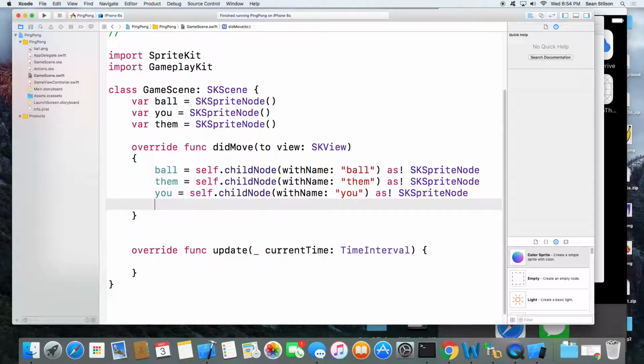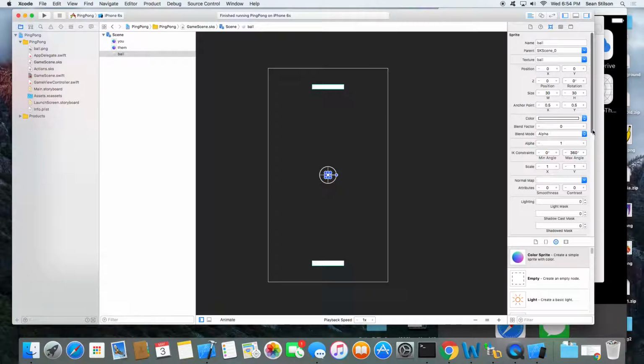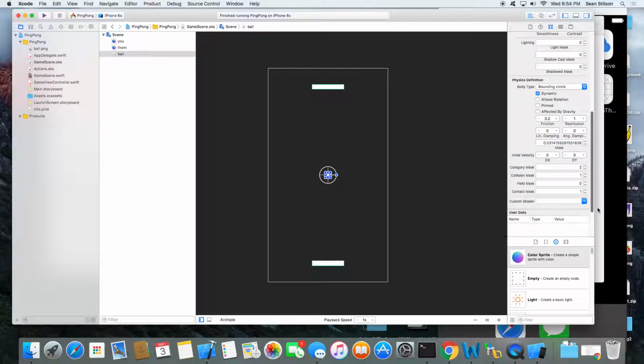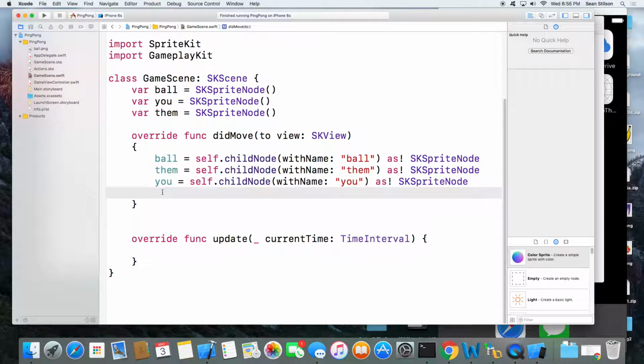Now, next thing we want to do is set our ball in motion. To do that, we're going to work with the physics body that we applied to it. Back in the SceneKit scene, where I wish this was not so painfully slow, when you set the physics definition, it creates a physics body around the object. So now we can work with that physics body back in our code.